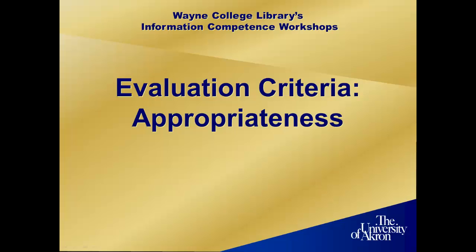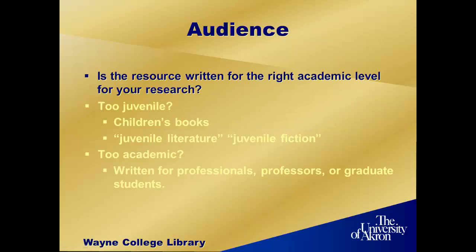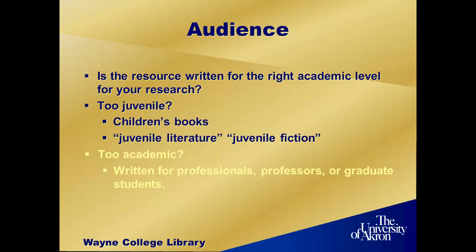In this tutorial, we will discuss appropriateness. By appropriateness, we mean whether the source is appropriate for an academic paper on the topic. Some sources you might find may be written for students in high school or lower, including children's books. A good way to tell is to look at the page count, which is usually limited for children's books, as